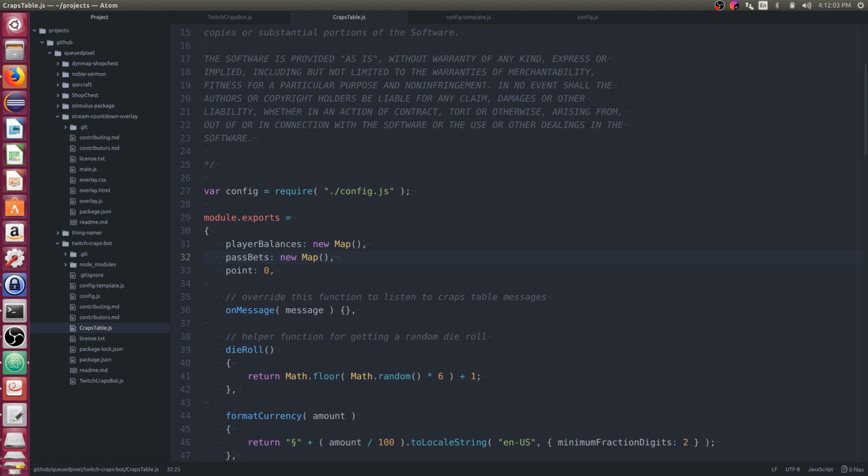Alright, so I've created our past bets map. Let's start taking a look at how to add stuff to it here. So first for the pass line, I think we can make a pass line bet at any time. There's other bets that are limited in terms of when you can place it, but the pass line is not one of them. So we can place it at any time. What do we want to do if they've already placed a bet to the pass line bet? Do we want to allow them to place a second bet? I think for simplicity, I will not let them place a second bet.